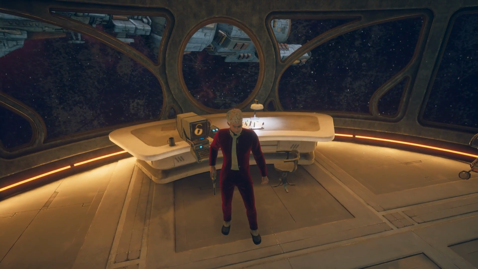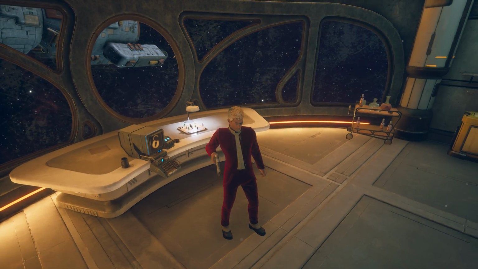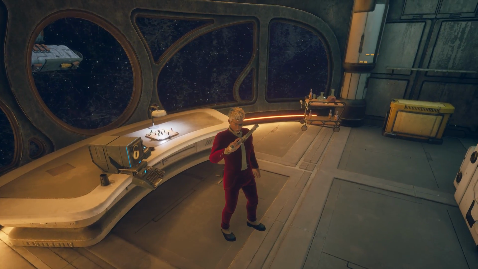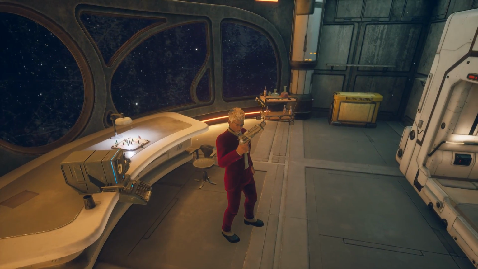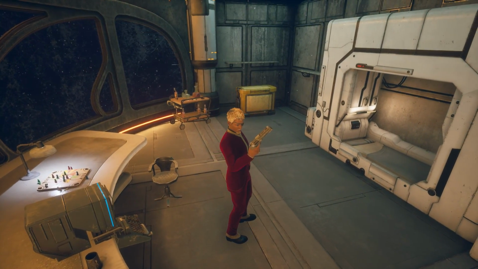Hello everyone, and welcome to my second Outer Worlds build, the Charismatic Conman. Or, by his other name, Captain Alex Hawthorne. That's right, I decided to make a Captain Hawthorne build, something which I'll be able to explain in more detail